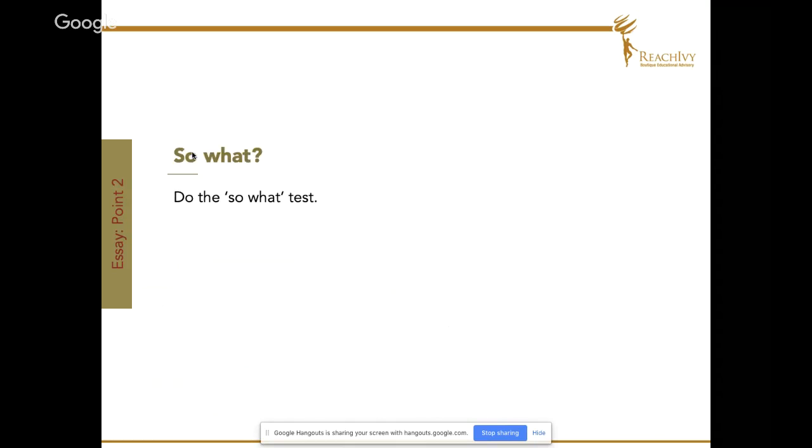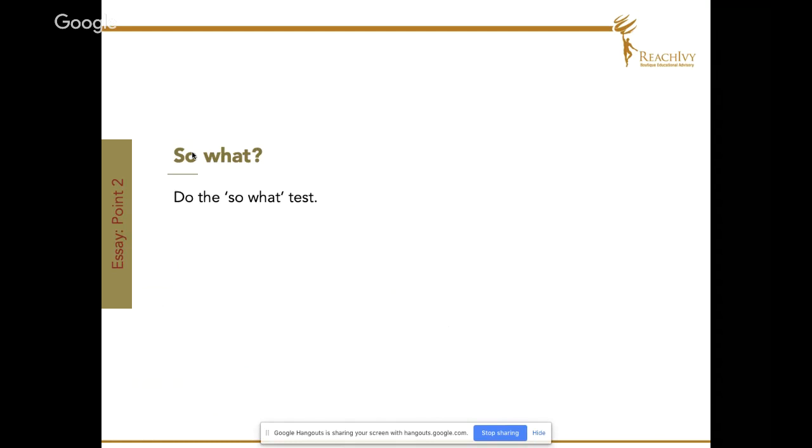The next thing, and this one is probably my favorite, is so what? This is a harsh test on your own achievements, but it's important to put everything you write through a so what test. Yes, we did mention that you need to segregate your stories and you need to put them in different buckets. But even after you've done that, when you're finally writing your essays and you've created your theme, you need to put each and every story through a so what test.